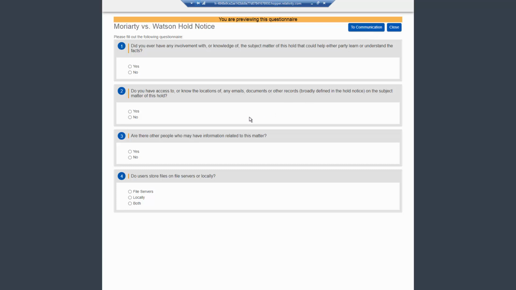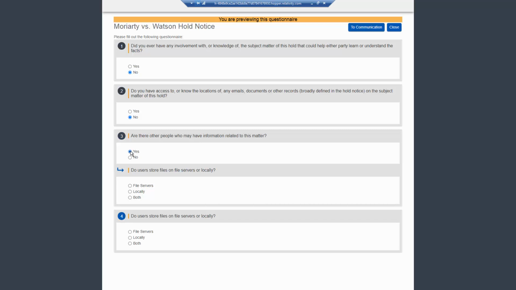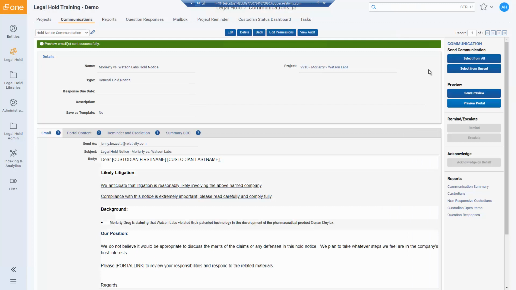So I can go ahead and answer a couple of these questions, and notice that this question here, are there other people who may have information related to this matter? If I answer yes, notice how that follow-up question pops up. We set that up earlier as the additional condition to this question. Okay, so I'll go ahead and close out of preview. Okay, so now that we've previewed our communication, we can go ahead and